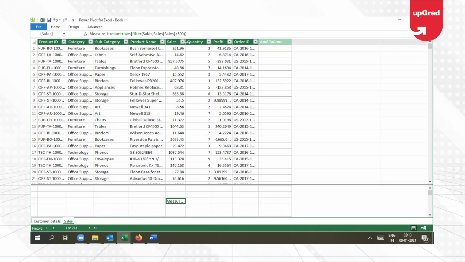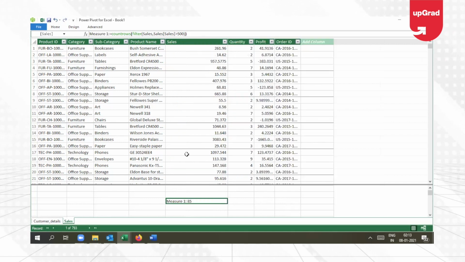It has created a measure for me and it is giving me 85 swatched rows. Now you might ask me, why did I create a measure? The reason is because I need a COUNTIF. COUNTIF means I need data from the whole database and I want to summarize it into a small piece, where I just need that data to be shown as one particular piece of information. I can do it in the columns, but that will not serve our purpose.